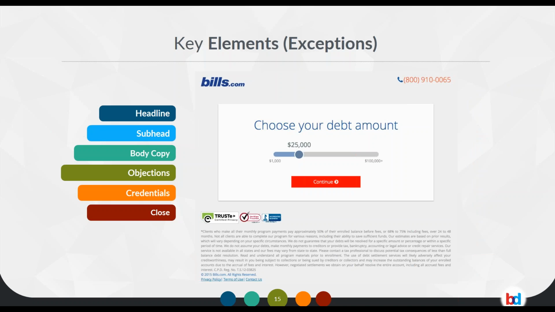Bills.com. This is an interesting landing page. When you go to the page, you get immediately taken to a calculator that essentially tries to figure out how much debt you have. It's a lead gen page. Tries to figure out how much debt you have and demonstrate how quickly it can help you get out of that debt. Okay. Really not much in the way of a headline. The close is very strong. Again, the people that are coming to it, they're already very conditioned. And we're going to talk about mindset when somebody comes to your landing page. It matters.